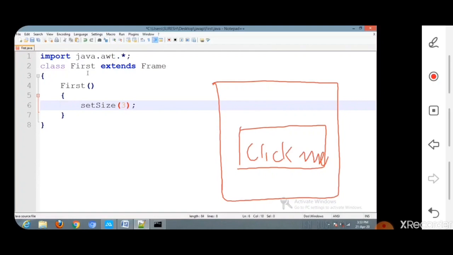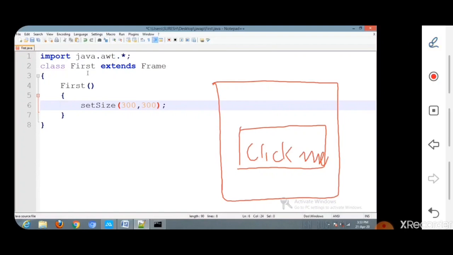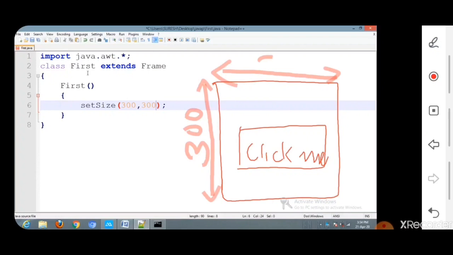So we can specify the height and width as 300, which means the frame which we are going to create has a height of 300 and also a width of 300.